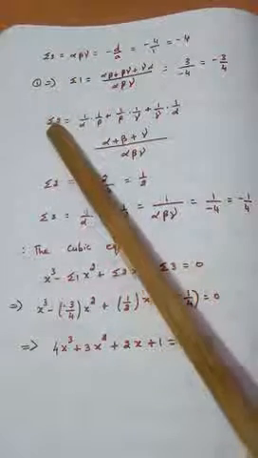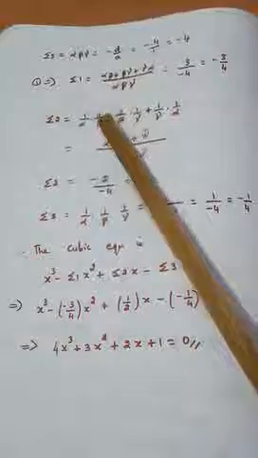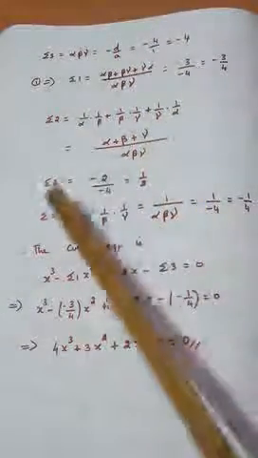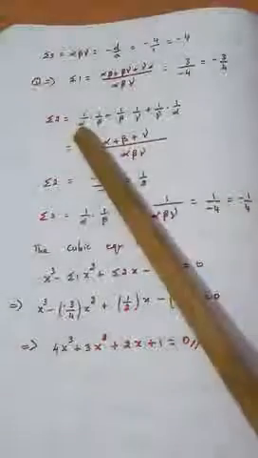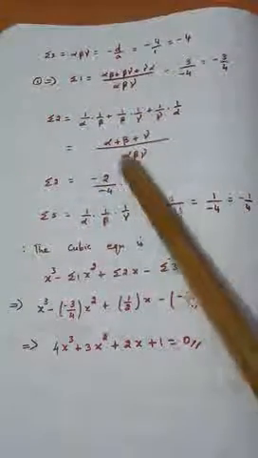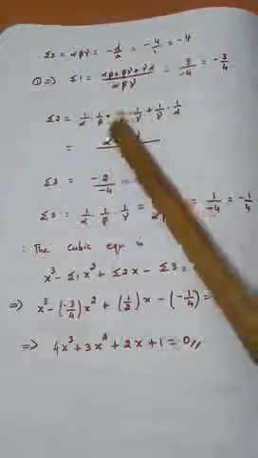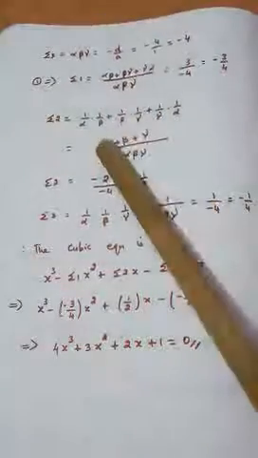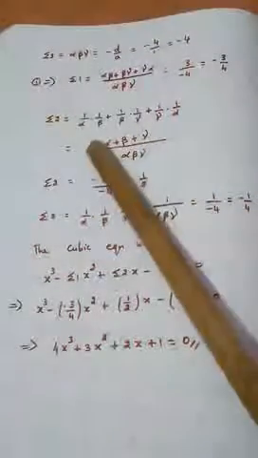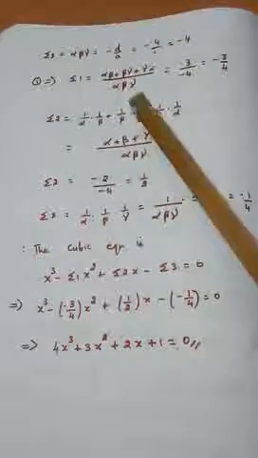Next I am going to take sigma 2, taking 2 at a time. What are the two things? 1 by alpha, 1 by beta, plus 1 by beta, 1 by gamma, plus 1 by gamma, 1 by alpha. Take LCM. By seeing itself, alpha, beta, gamma are the only terms present. So alpha, beta, gamma is the LCM. Here alpha, beta present, gamma is missing, so gamma. Beta, gamma is present, alpha is missing, so alpha. Gamma alpha is present, beta is missing, so beta. So this is the LCM for the above line.